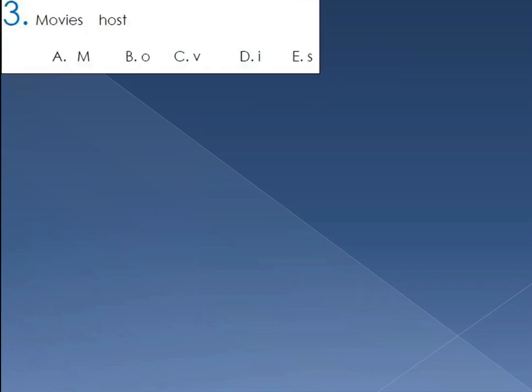Let's look at the next one, number 3. So we have movies and host. So again, if we look, E isn't even an option here. M, O, V, I, and S. So we could move the M over here. Wouldn't make sense of a word. If we move the O, host, but what would this make? Wouldn't be sensible. V, if we move it here, still won't make sense. And I don't think if you put it in there, it could make sense. If we come to I,